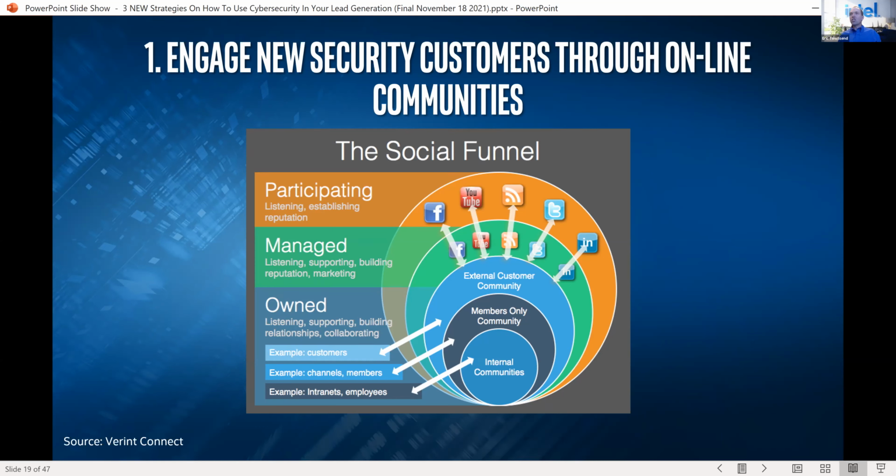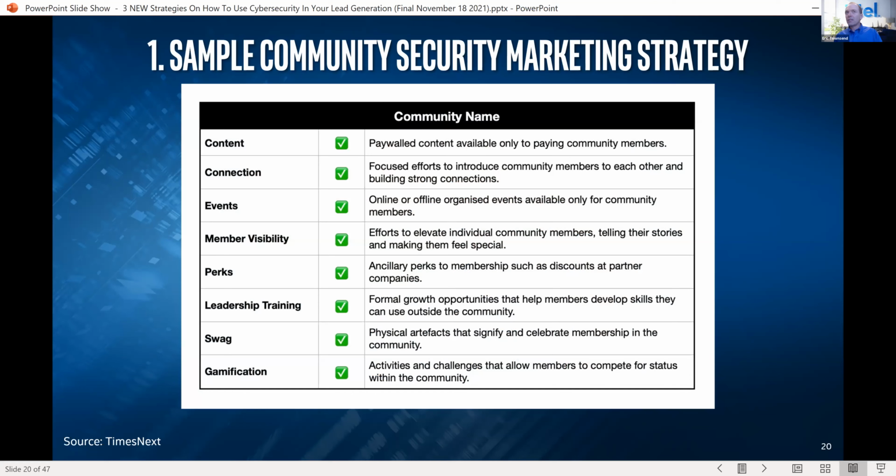So first thing is you've got to say, I need to go and engage new customers through communities. Some people say, well, how do I do that? So when you think about going to a community online, and I'm going to have you go first, you can go face-to-face too. I want to make sure you know that. But what is the strategy of creating demand? I call it marketing, but demand you can do.